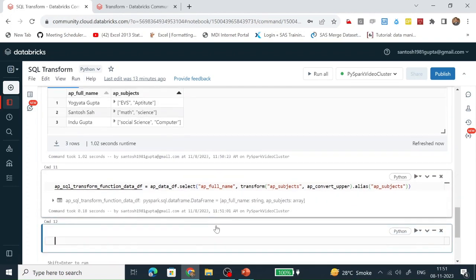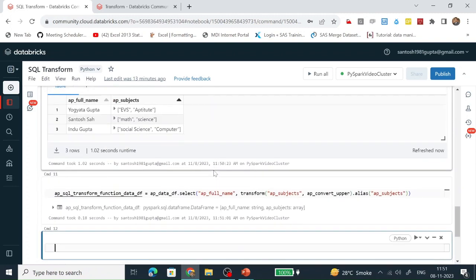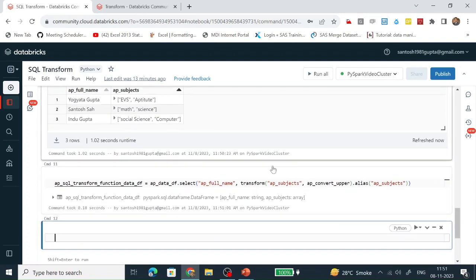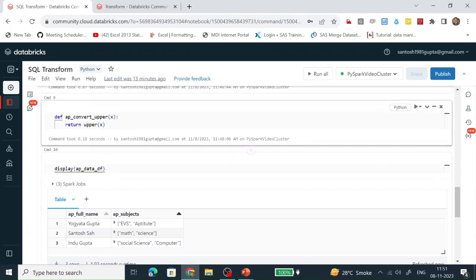So let's run it. Now the same thing that we did above, we are doing with the help of this custom function which we have defined here.